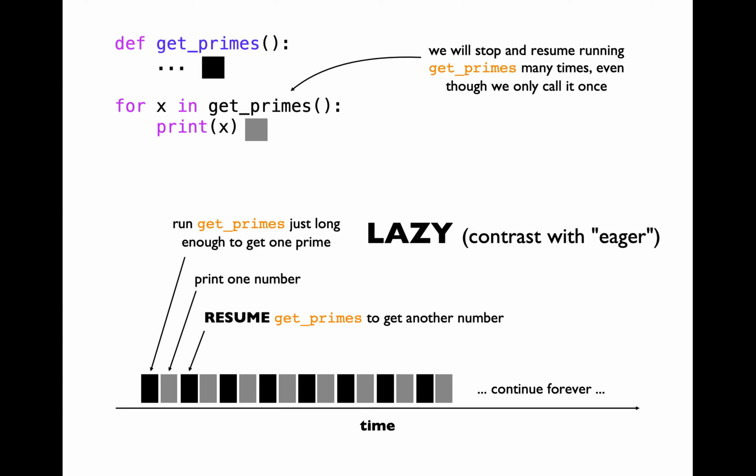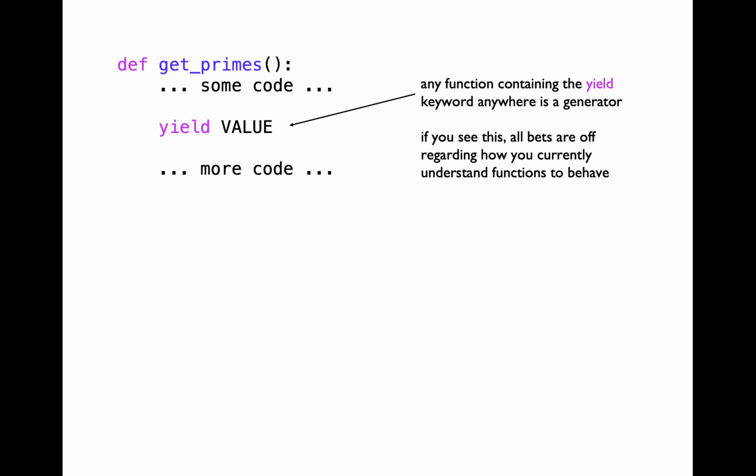Alright, so how do we actually achieve this stop and resume behavior? By using a generator. And how can we make a function a generator? The way to do that is to have a yield statement. Any function which has a yield, no matter where the yield is positioned as part of the function definition,